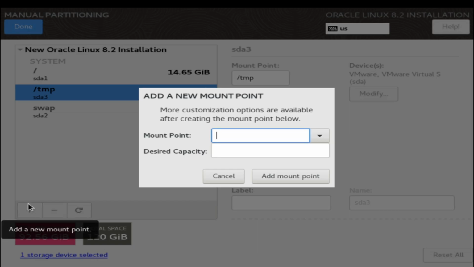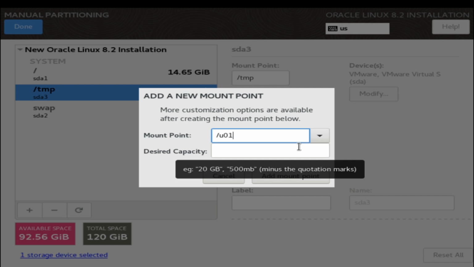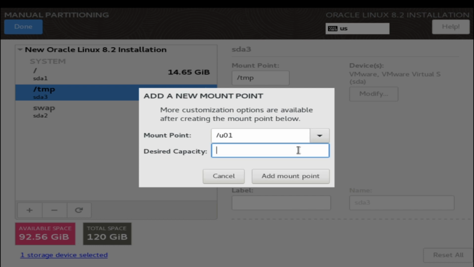Click on the plus button again. Enter your mount point slash u01. Your user mount point for your Oracle binaries to install, around 20 GB allocated. 20 GB approximately is needed for your Oracle binaries to install for 19c or whatever other versions.